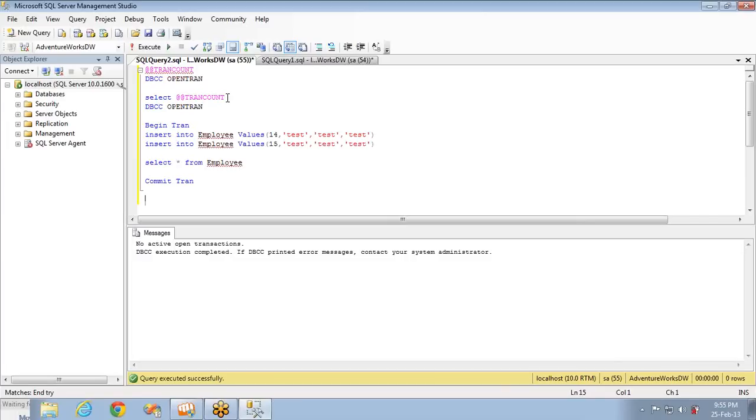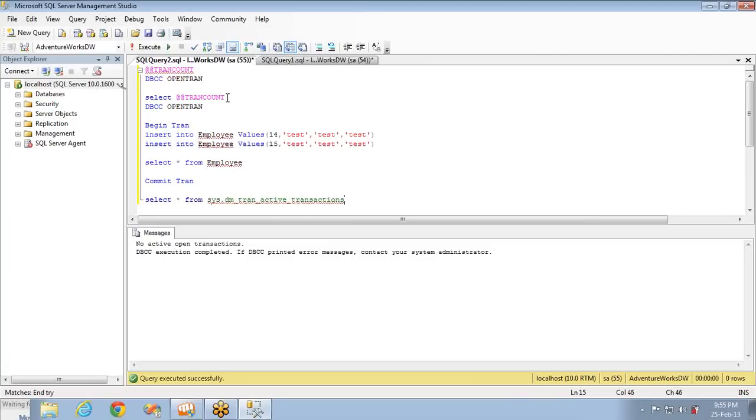Now, not only these, there are a couple of system tables. Let's say a couple of tables like sys.dm_tran_active_transactions. This is one system table. You can see sys. is there.